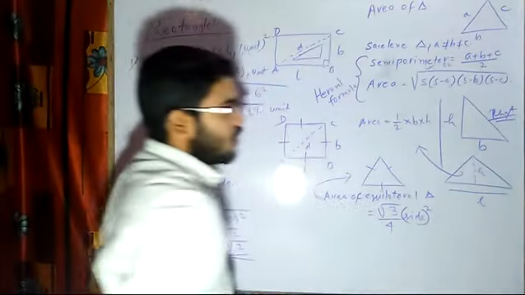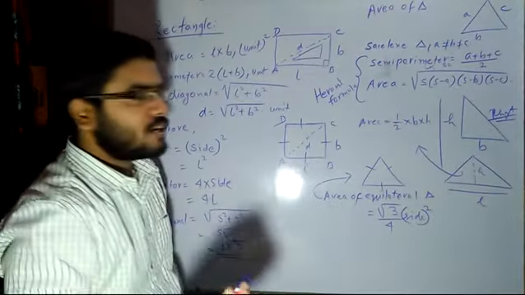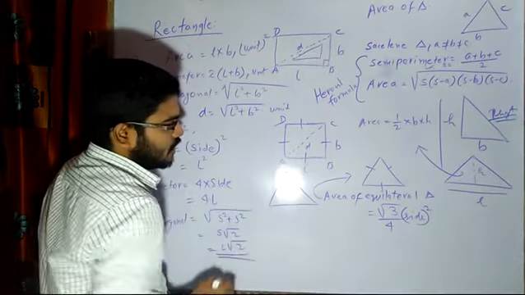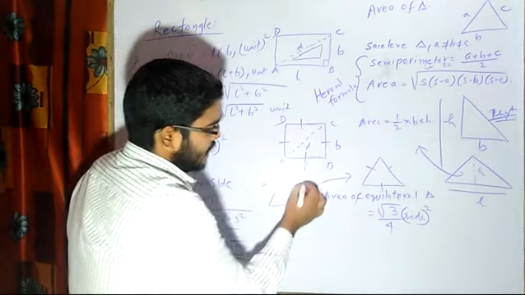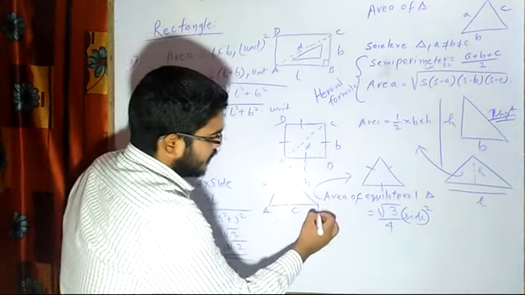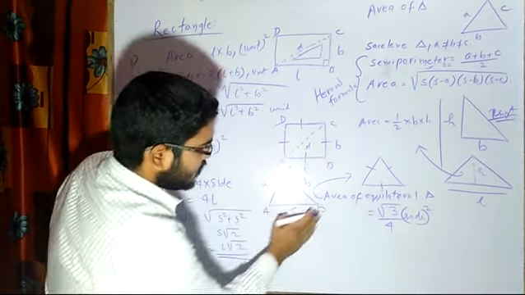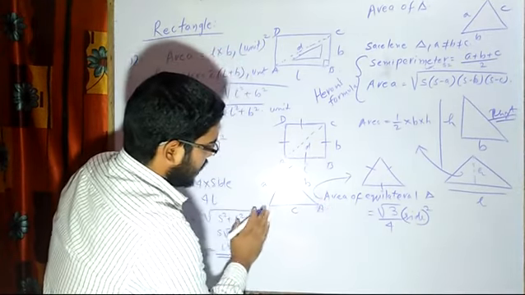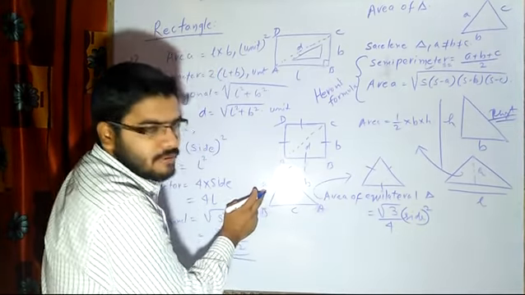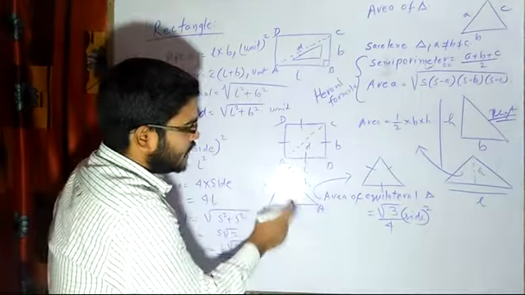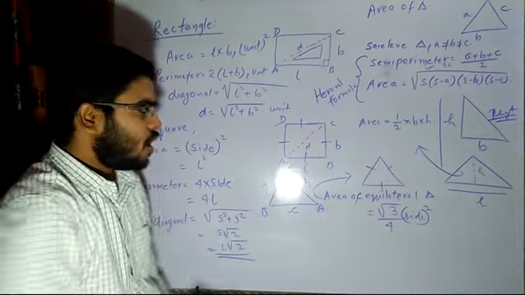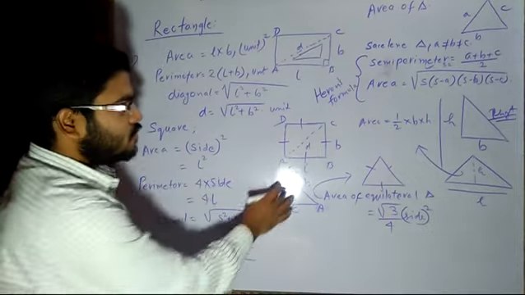Now one more formula is there, the trigonometric formula, which you can apply to any of the triangles. That is also another type. Suppose we have a triangle with vertices A, B and C. The sides opposite to them I have mentioned as small a, small b and small c. Why have I done this? So that it will give you a clear idea how to apply the trigonometric formula to find the area.